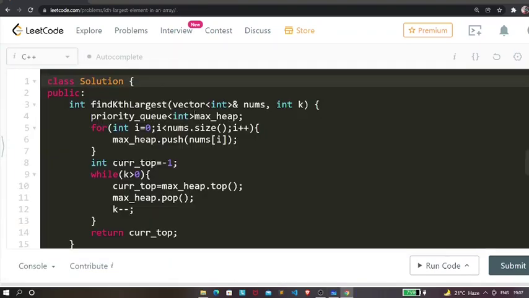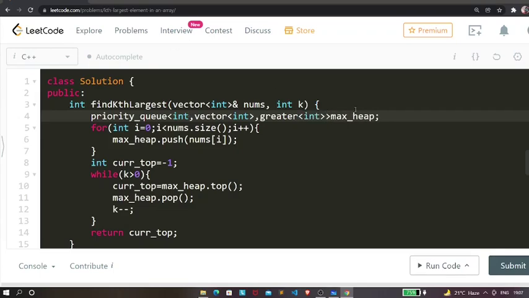Now if you were told to find the kth smallest element, all you need to do is take a min heap. In order to convert this max heap into a min heap, all you need to do is add a few parameters over here. We need to add a vector of int, and next we're going to write greater int.